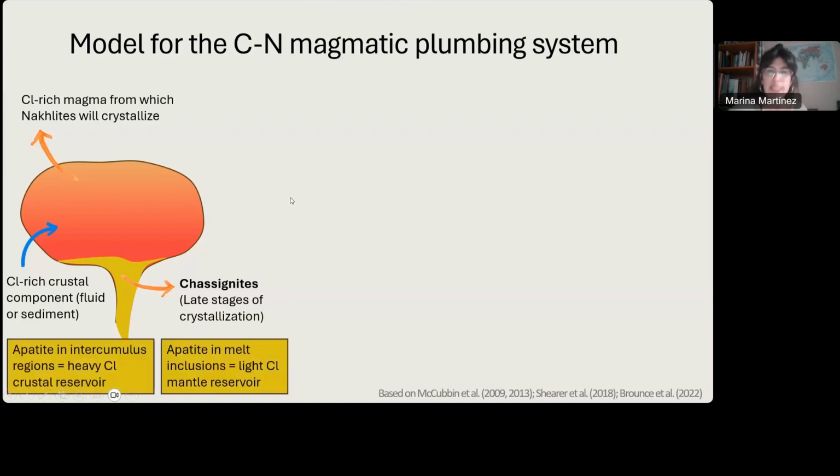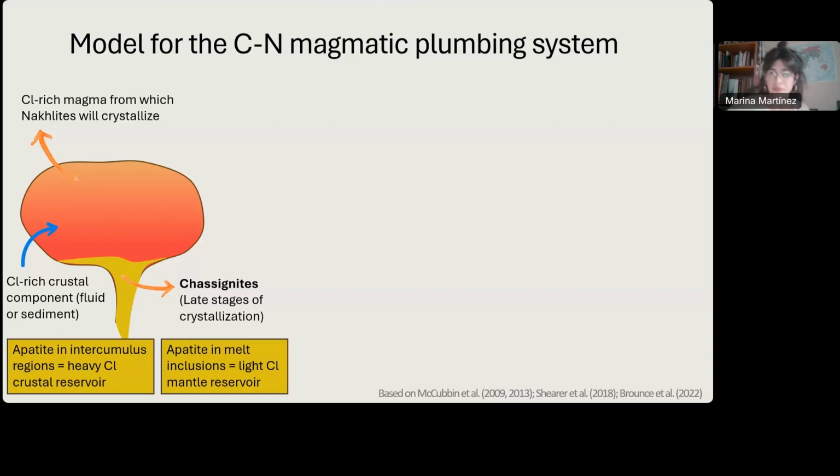And this is seen in Shearer et al. 2018 work, where they show that apatite in intercumulus regions from chassignites had a heavy chlorine signature that was believed to come from this crustal signature, whereas apatite in melt inclusion preserved the original light chlorine isotopic signature of